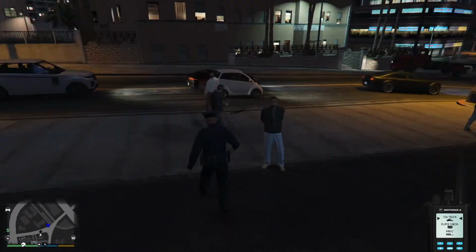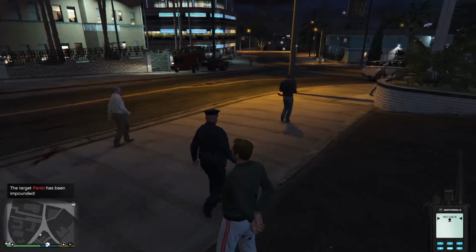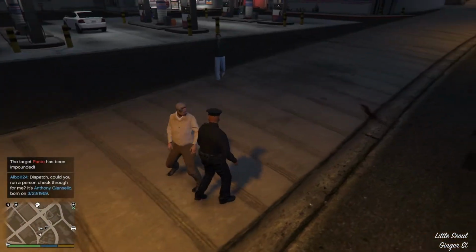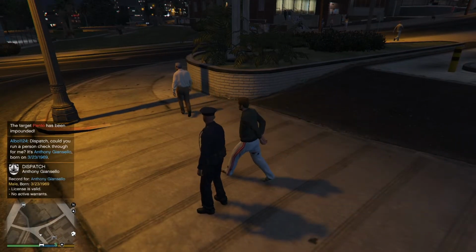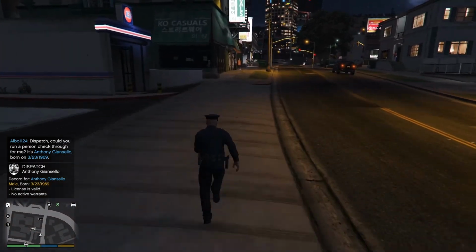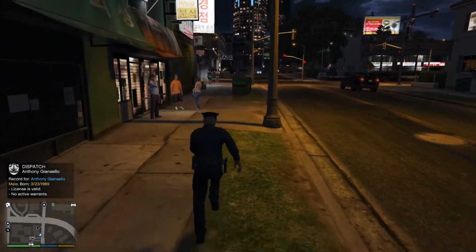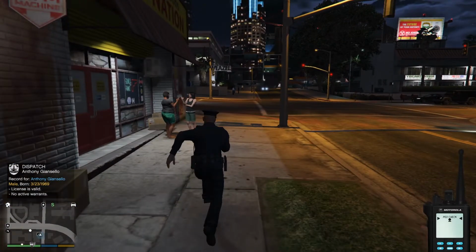Now, for example, I just want to have a look at this ped right here. So I can go up to him and I can simply press Z. And there we go, now we've got a ped check on him, and we can see things like license is valid, no active warrants. Brilliant, that guy just disappeared. So that is one of the main things I use Police Smart Radio for. Let's just get out of that. And it's honestly,